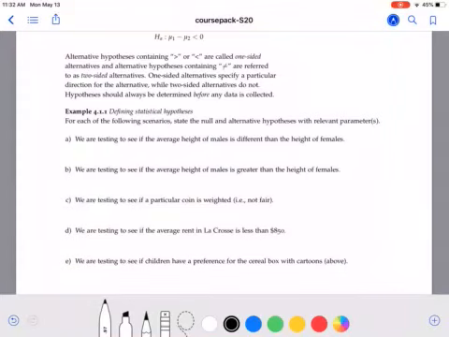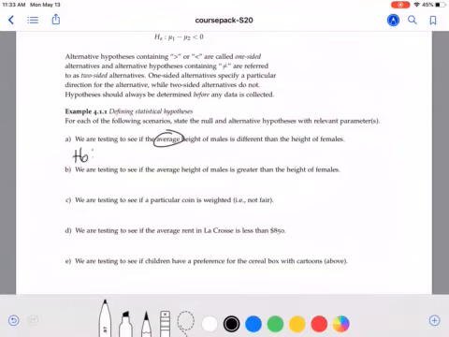For each of these scenarios, we want to state the null and alternative hypotheses with the correct notation or the relevant parameters. So if we're testing to see if the average height of males is different than the average height of females, we would be comparing two groups. And if we're looking at an average and we want to see what we'd expect to see in the population,